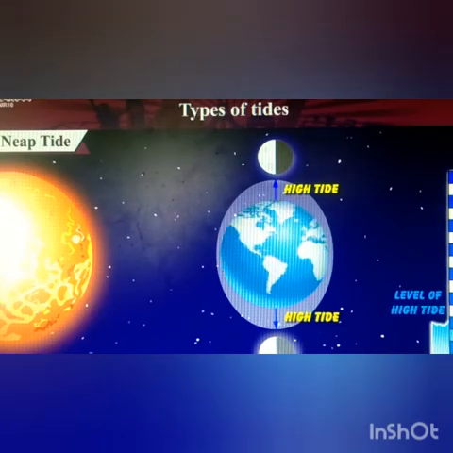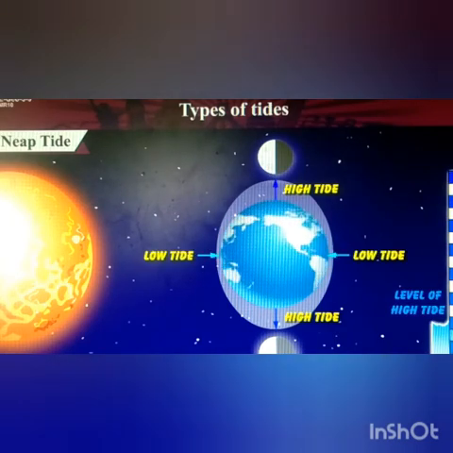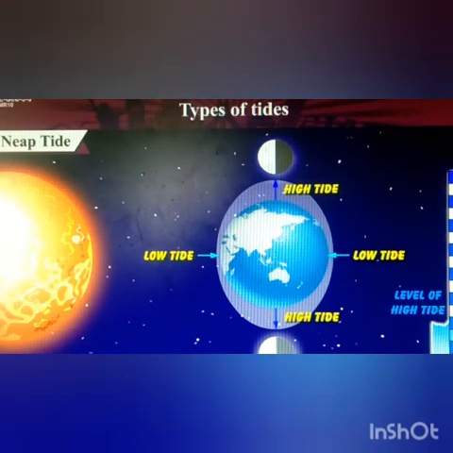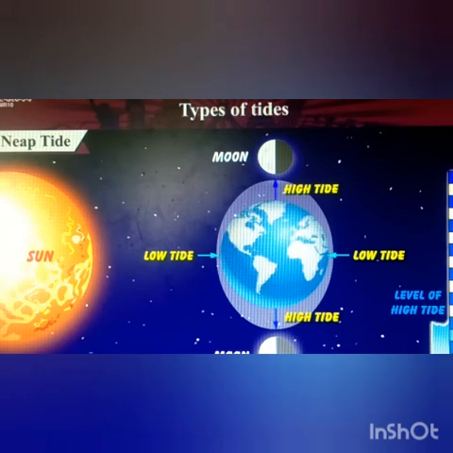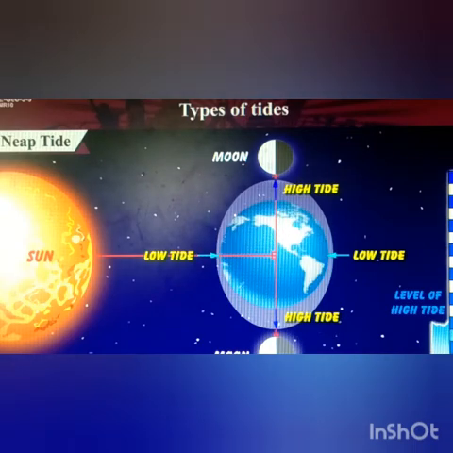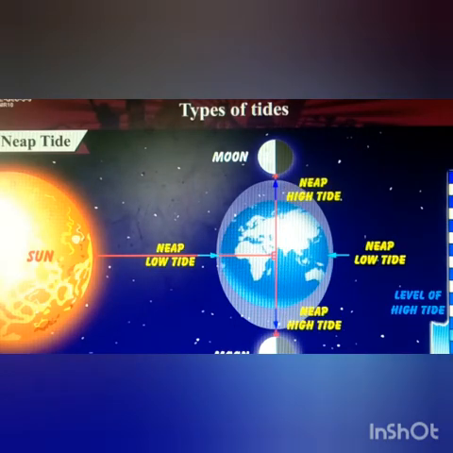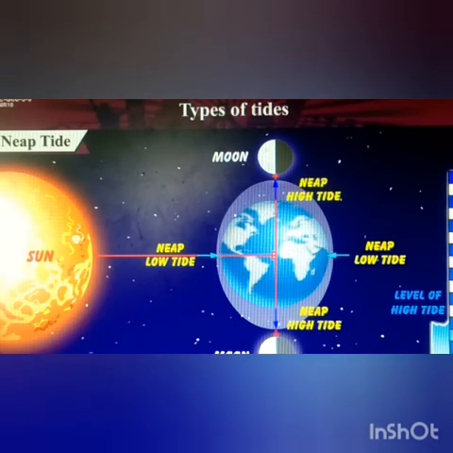Similarly, during a low tide, there is a fall in the water level, but here again the fall is less than usual. So, neap tides are a little lower than the average high tides and a little higher than the average low tides. Now, let us proceed to the intertidal range.